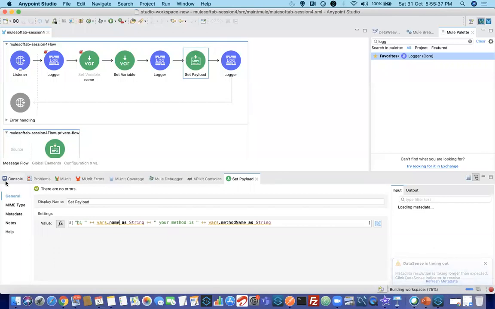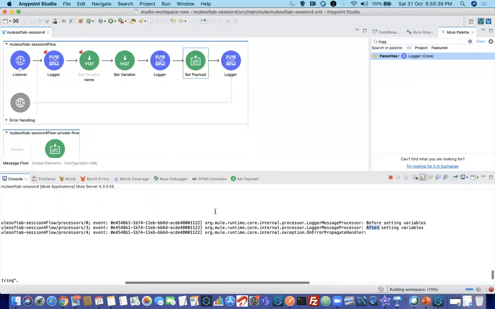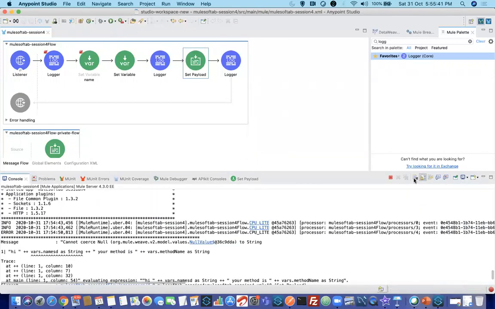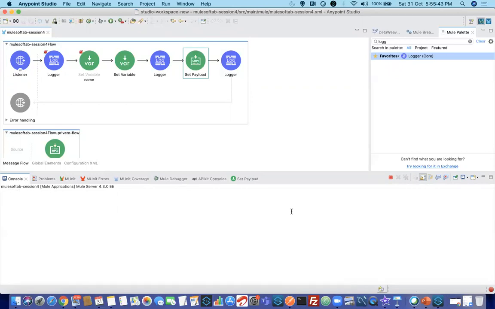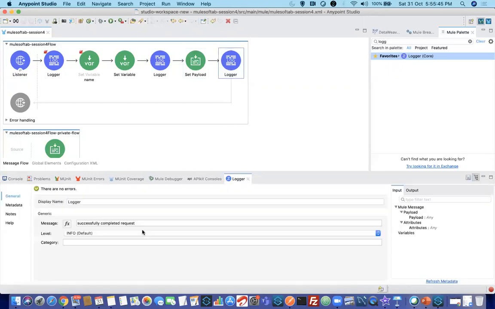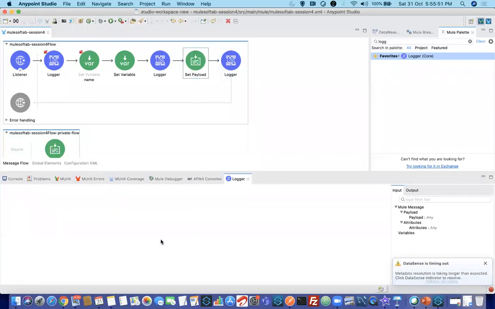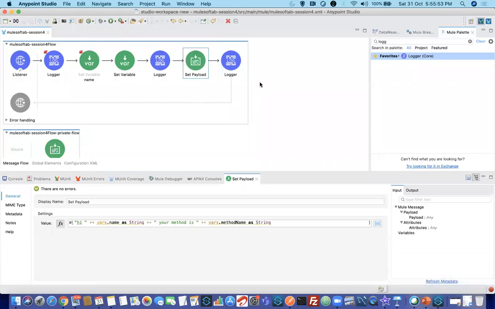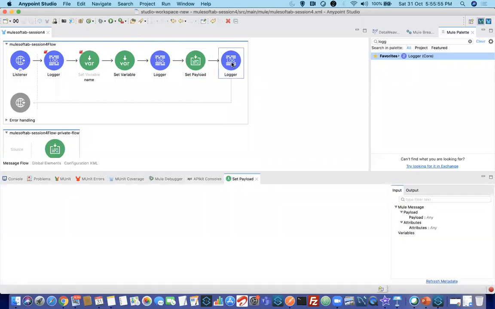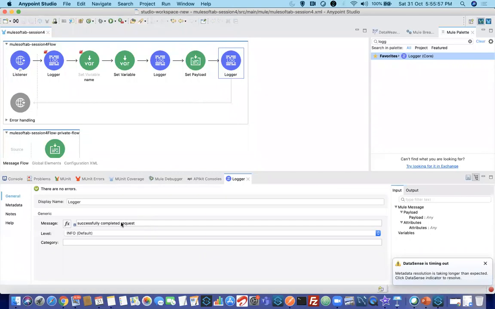This is how logs are useful. Okay. And logs are not just to use or print static things. What you can also do is, what is the value of this one? This is the payload, right? If you want to print the log, here what you can do is you can click on fx again here.